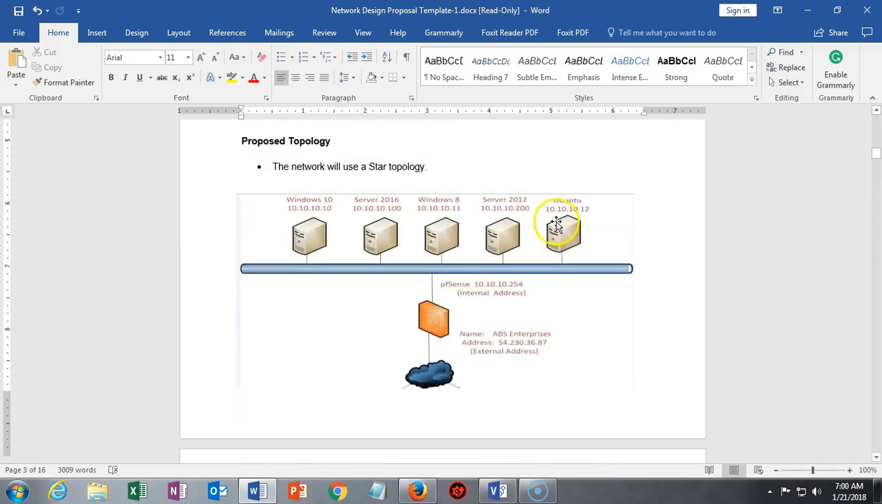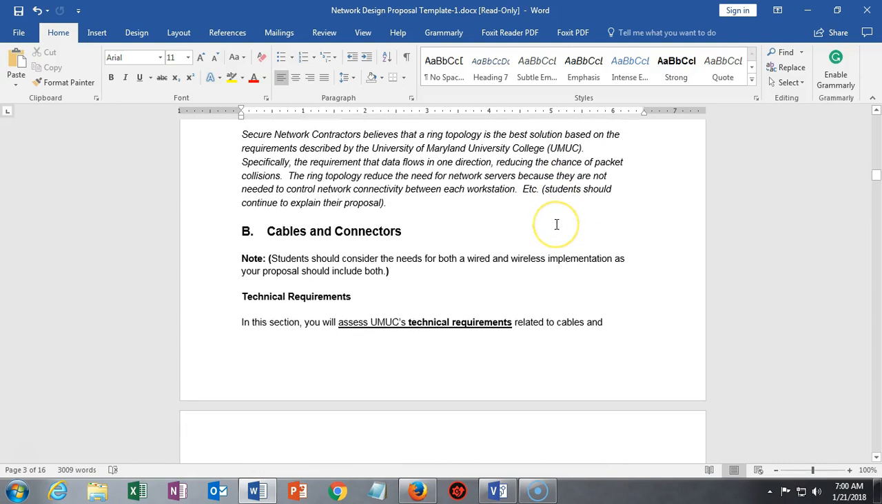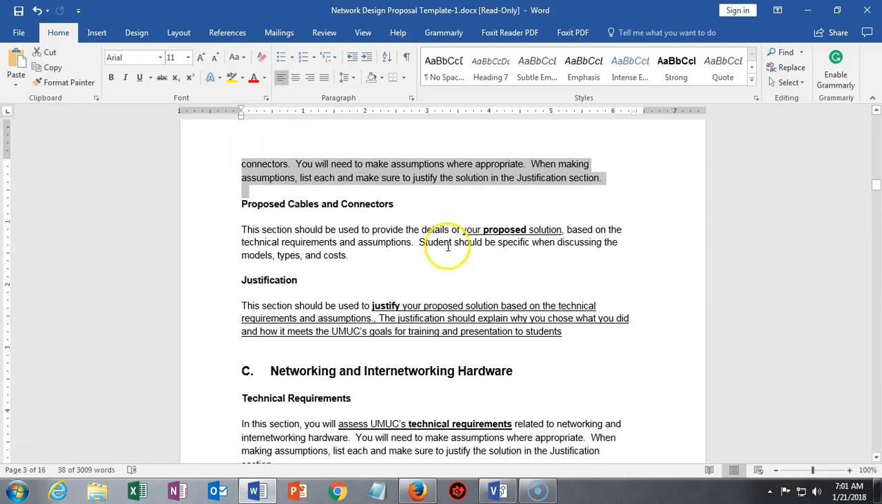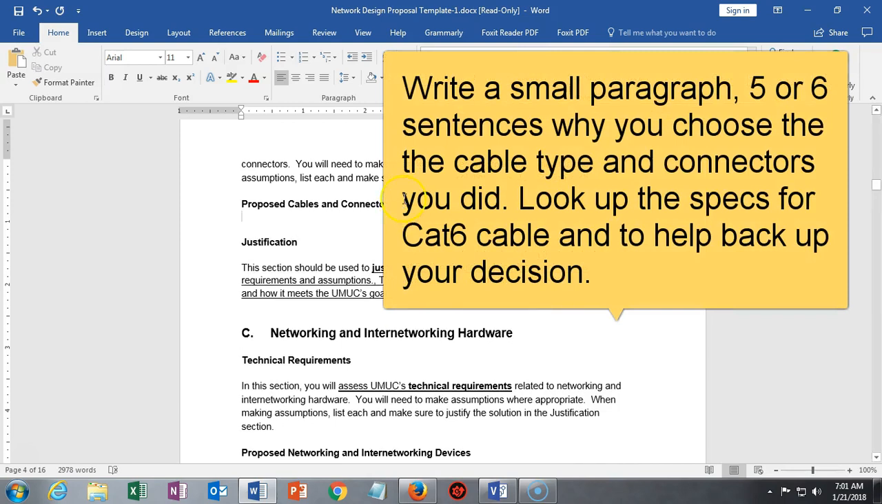Okay, this is an Ethernet network. So there's only one cable you can use. That's Ethernet cable, Cat6e. Do it like this. You got to get rid of all this junk in here. The requirements, but when you're done, you can get rid of that. Proposed cables and connectors. Okay, we're going to get rid of this, and we're going to add our